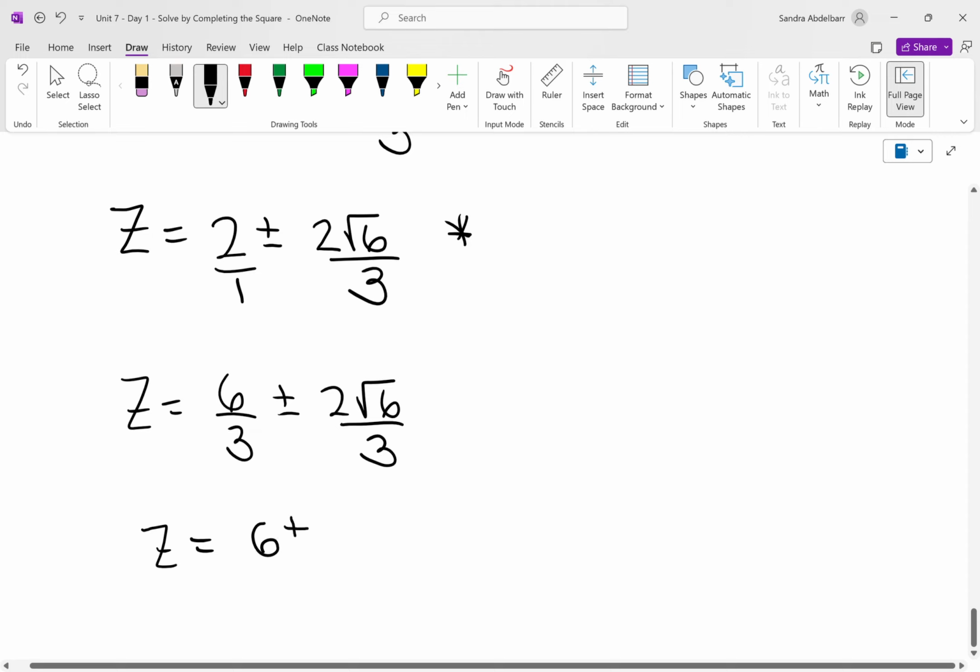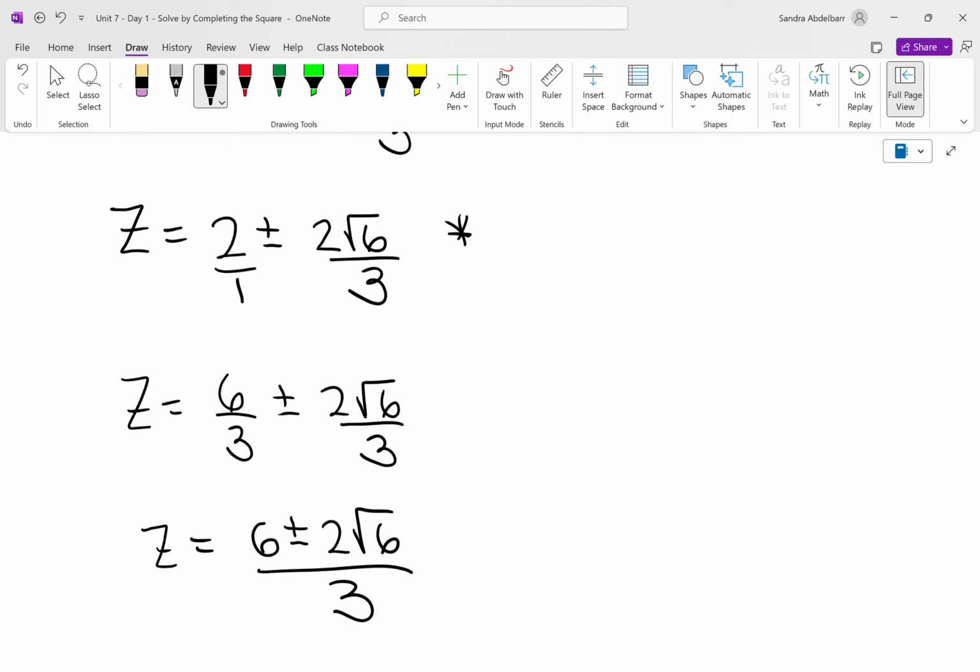We're going to make this 6 over 3 plus or minus 2 root 6 over 3, which is going to give us 6 plus or minus 2 root 6 over 3. Yes? Good? How many people feel confident about